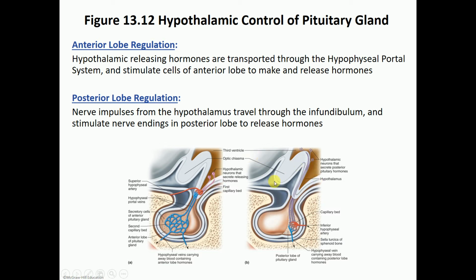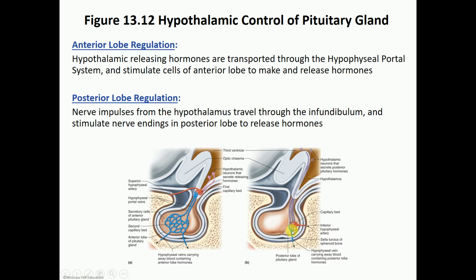Now for the control of the posterior pituitary gland. You see here these neurons. These are hypothalamic neurons that are very special. They have the ability to make hormones. So the hormones are actually made here in these hypothalamic neurons, and then they pass along the axon down the infundibulum again and are released into the